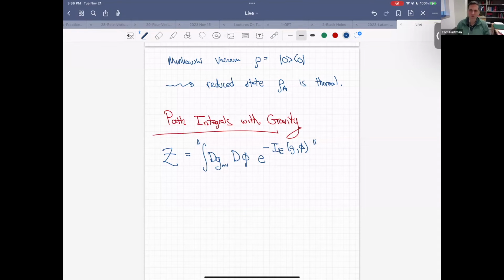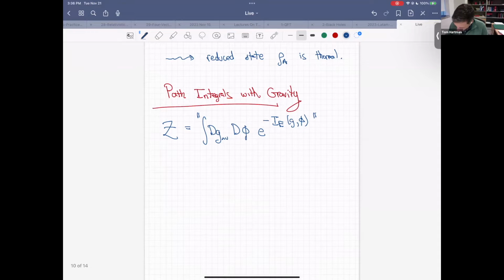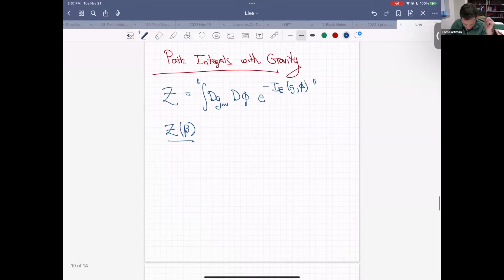Quantum gravity, of course, is not renormalizable. New degrees of freedom almost certainly need to be added in the ultraviolet, like string theory, strings and D-branes. But for the purpose of certain calculations, we can treat this path integral as an approximation to the low energy theory. And that's what I'll be doing anytime I refer to the gravitational path integral. What I want to do is to write down the path integral expression in quantum gravity for the thermal partition function Z of beta. Now, in QFT,